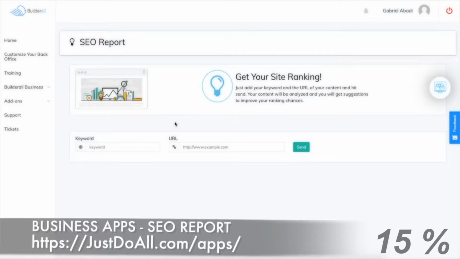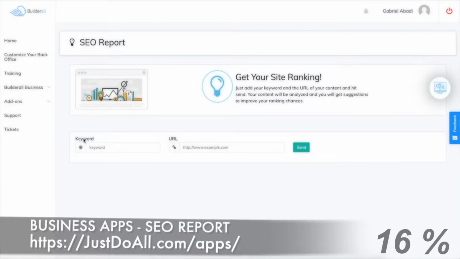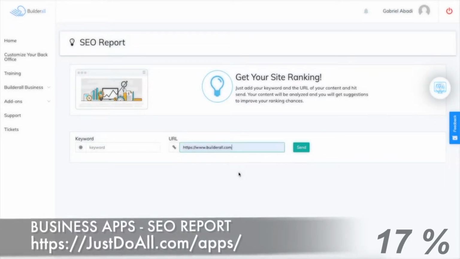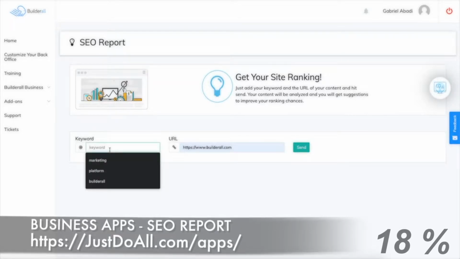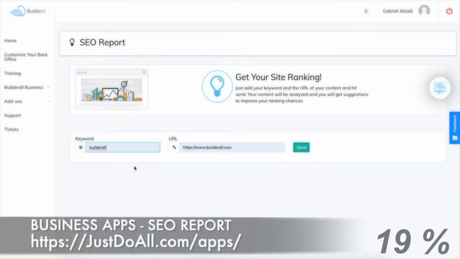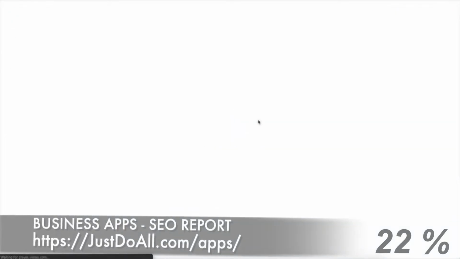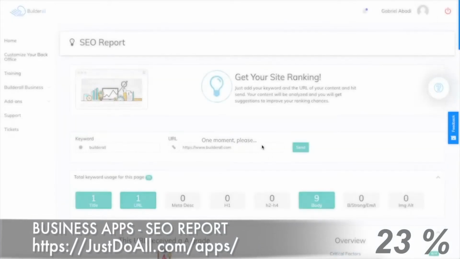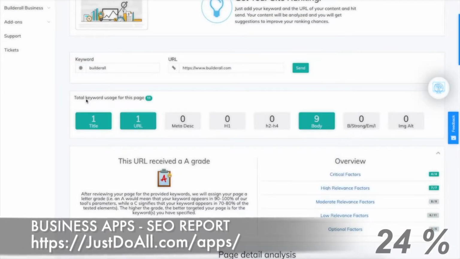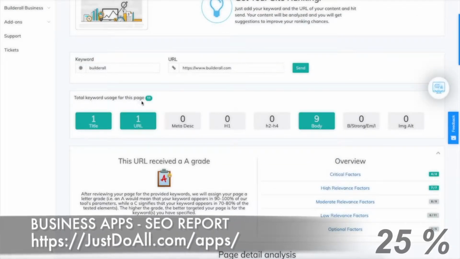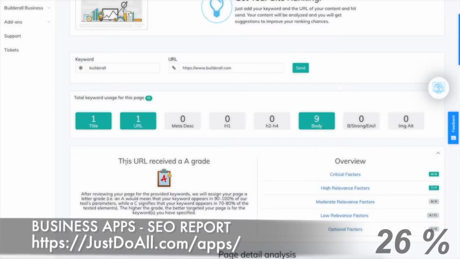So to start, you want to put your URL and a keyword. I'm just going to put Builderall for this example, and my keyword will be Builderall. Once you click on send, it will show you a report of your website, as we can see over here. And once it's loaded, you can see that the total keyword usage for this page was 11. We received a